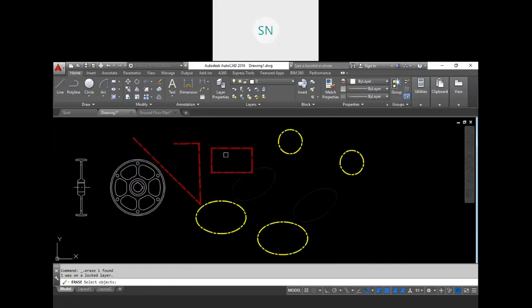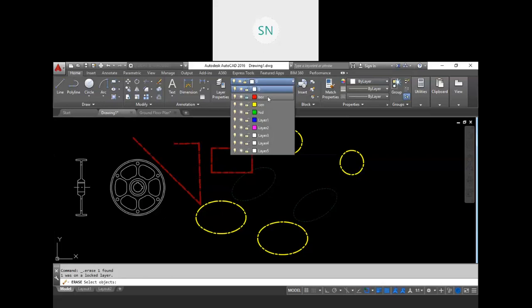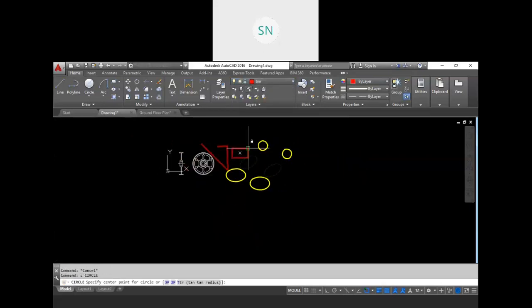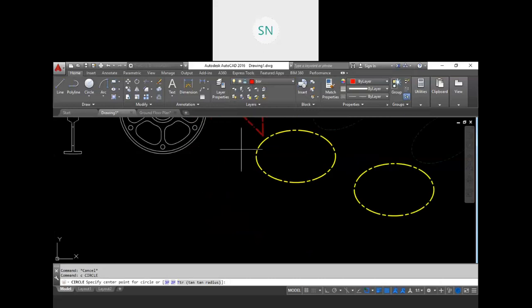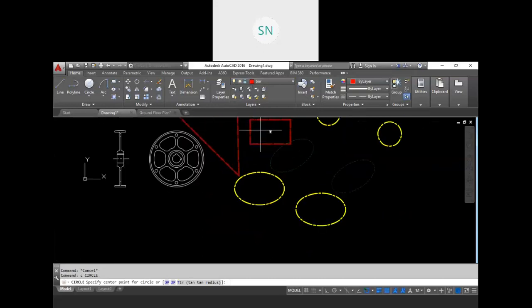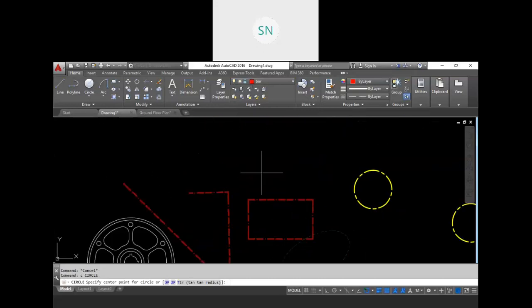When your layer is locked, then that layer will be as it is. You can create new objects. It will allow you to create. Just make that layer current, create a circle. See, I am creating one circle. When I am creating that, it will be in full color.